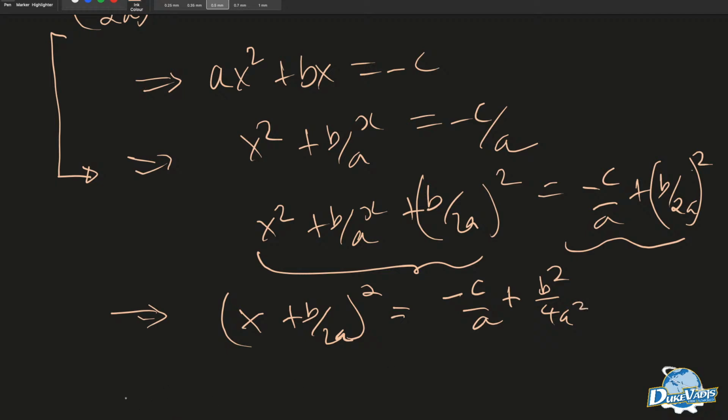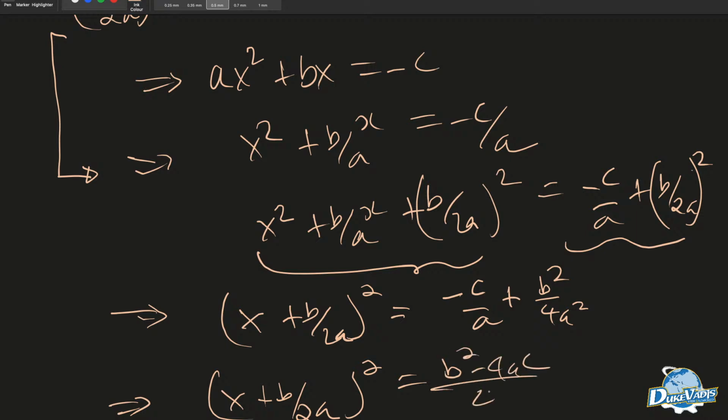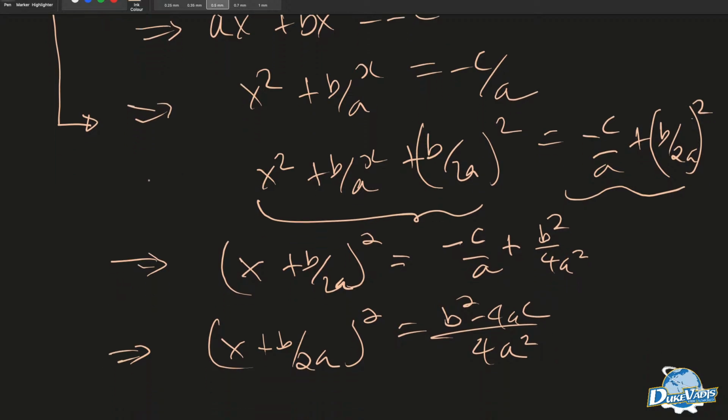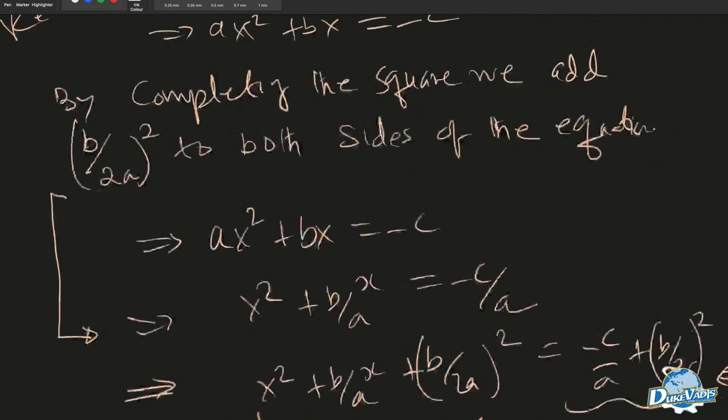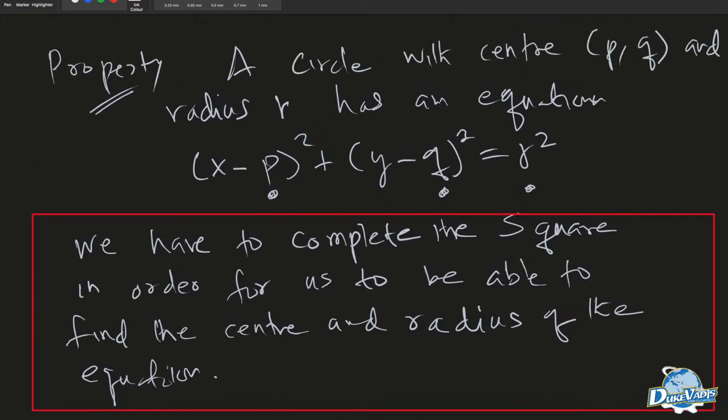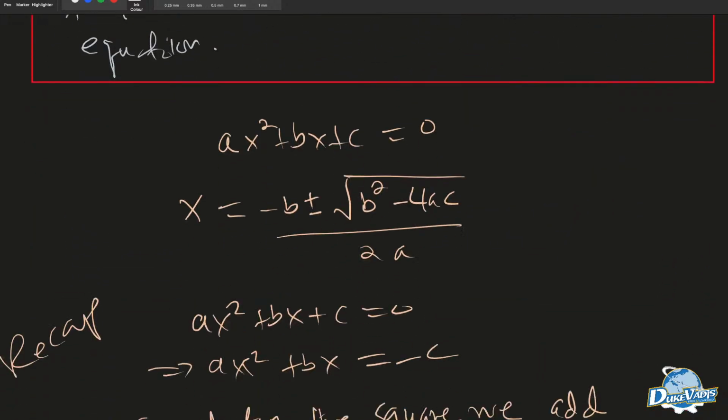Then we ended up saying that x plus b over 2a, squared, is equal to b squared minus 4ac all over 4a squared. So you see, the method of completing the square is what we have here. In the same way, we apply this knowledge when we have been given an equation of a circle, to solve. So you will see that, for instance,